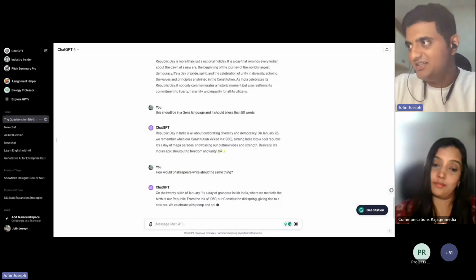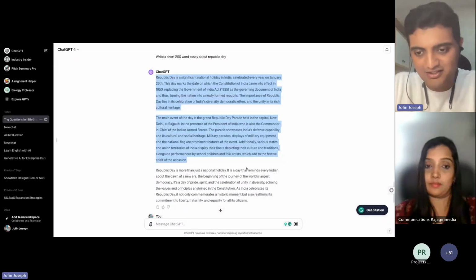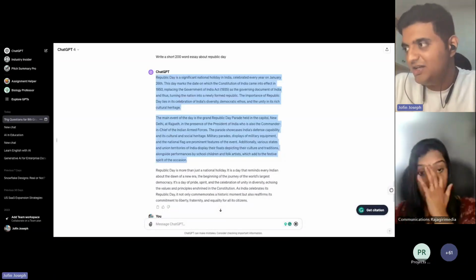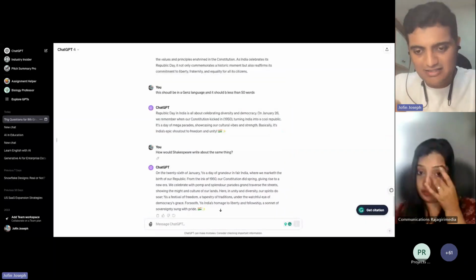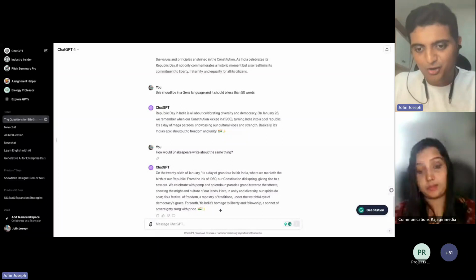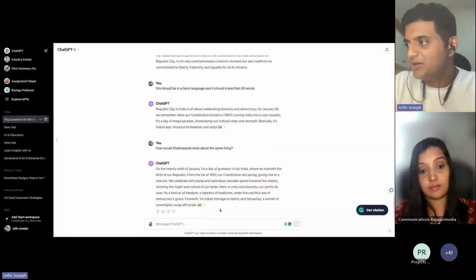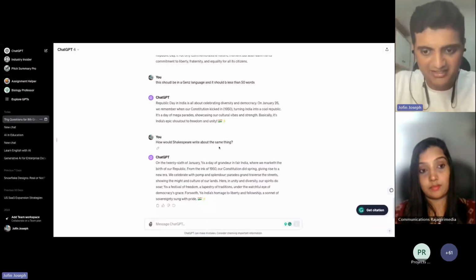Now, if you look at it, the first one might be very easy to detect as ChatGPT generated. Now, the moment I started telling it to change, do things in my way, or the way I want it, suddenly it starts becoming very difficult to detect, right?